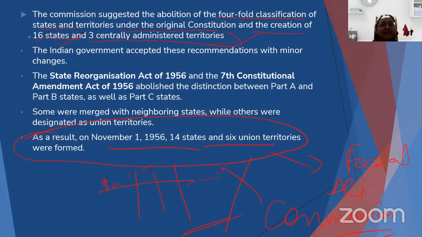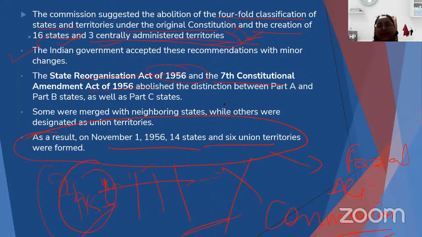And it said the creation of 16 states and 3 centrally administered territories will be there if we abolish this fourfold classification. Next, it said the government accepted all the recommendations, but there were some minor changes. Now the State Reorganization Act 1956 was passed in 1956, and there was this 7th Constitutional Amendment Act of